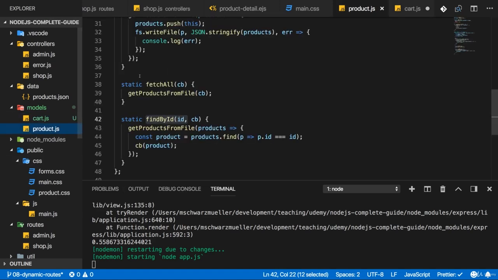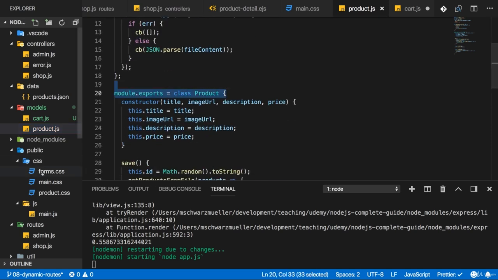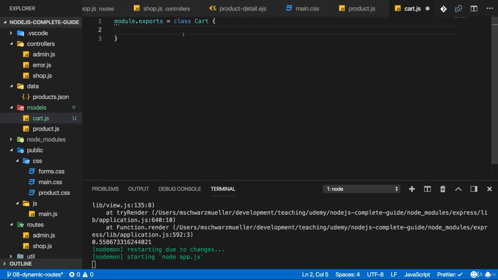So that is pretty similar to what I do in product. There I export the class product, but now it's the class cart. And now we have to think about how we want to manage that cart. Now, obviously, we want to have a cart that holds all the products that we added. And we also want to group products by ID and increase their quantity in case we add a product more